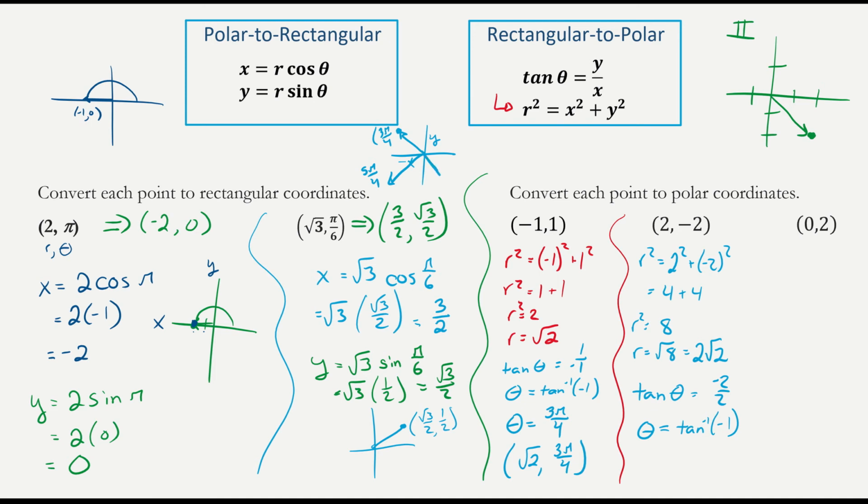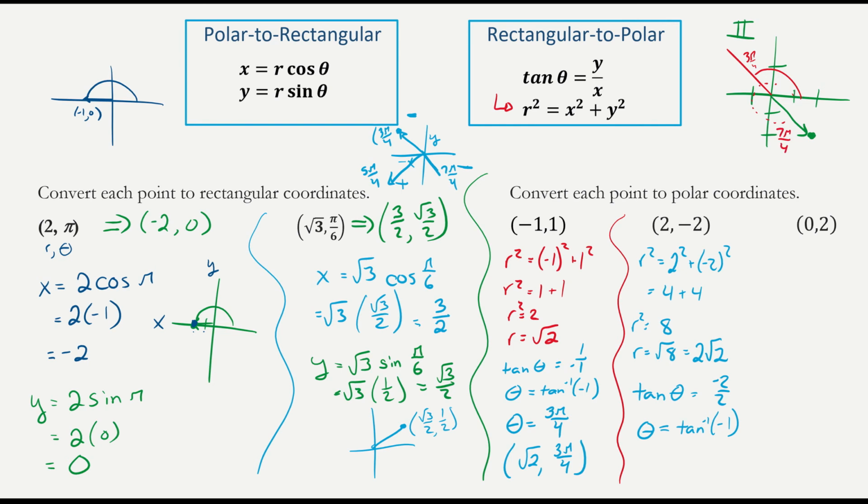My last point could have been 3 pi over 4 or 7 pi over 4 because tangent is negative in those two quadrants. Tangent is actually positive in that third quadrant. So back to this dilemma, is it going to be 3 pi over 4